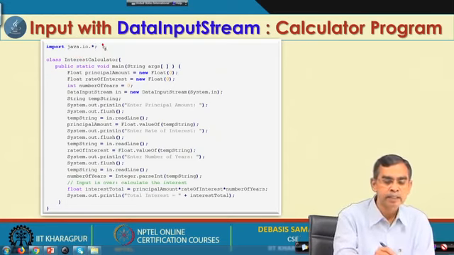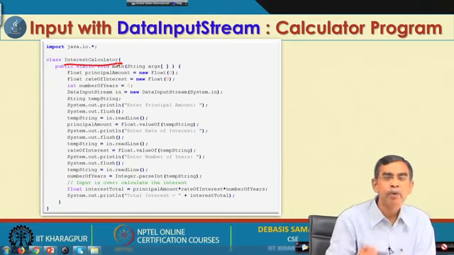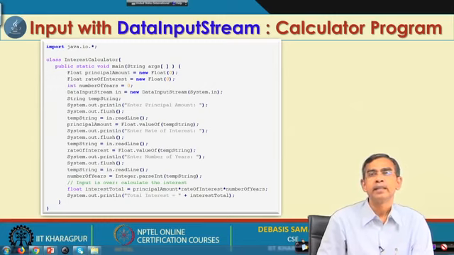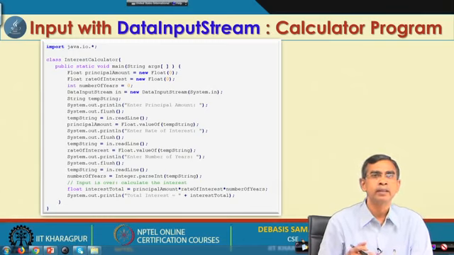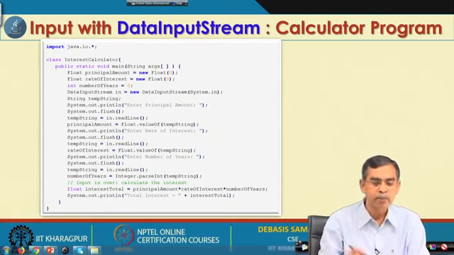This is why it is required, and we are declaring one class of our own, called InterestCalculator. Basically, this program will read three values: principal amount, interest rate and year, and it will calculate the interest. We have to read three different values: the amount is a floating point value, the year may be an integer, the interest may be floating, and finally it will calculate the interest and the result will be printed on the screen. So, this is the concept of the program.